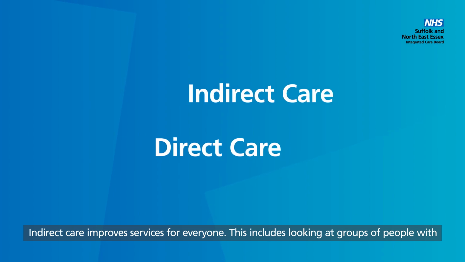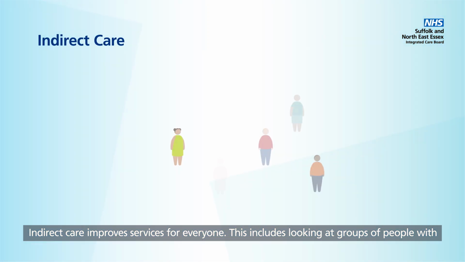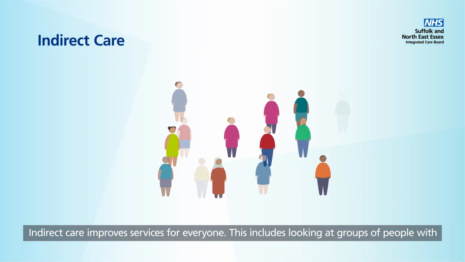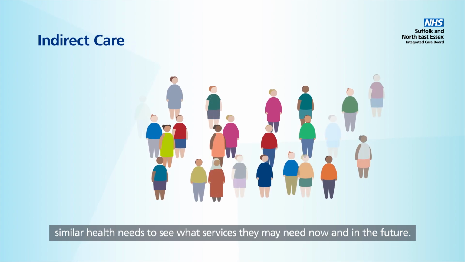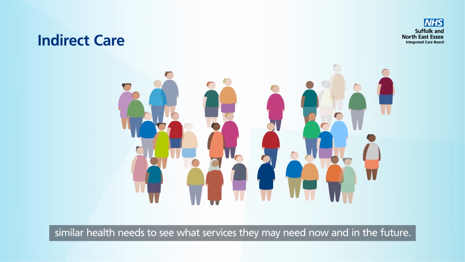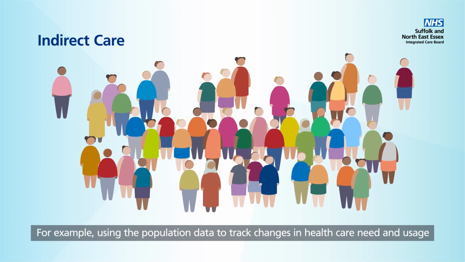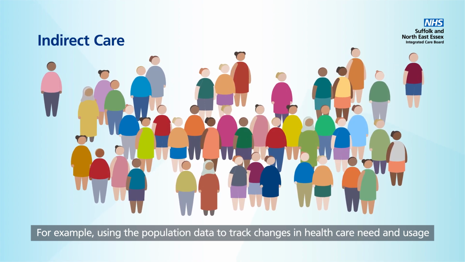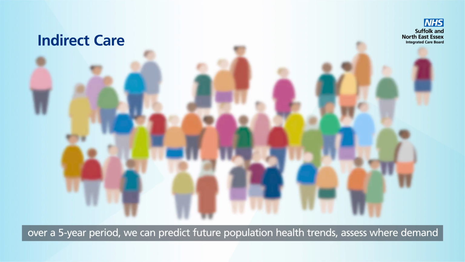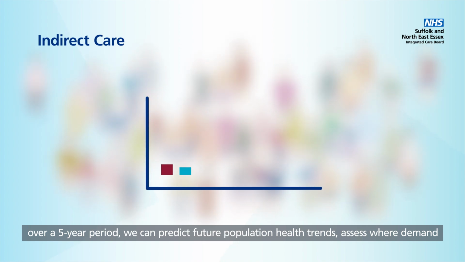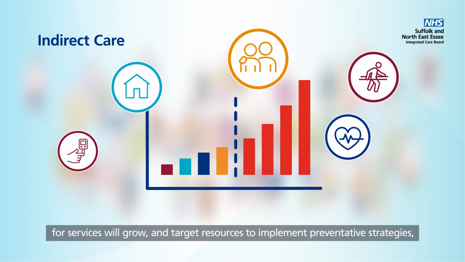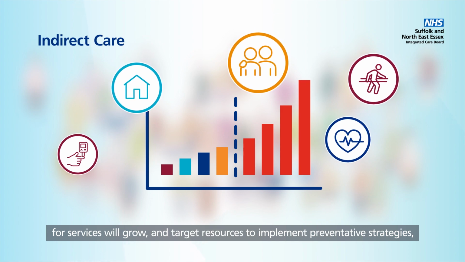Indirect care improves services for everyone. This includes looking at groups of people with similar health needs to see what services they may need now and in the future. For example, using the population data to track changes in healthcare need and usage over a 5-year period, we can predict future population health trends, assess where demand for services will grow, and target resources to implement